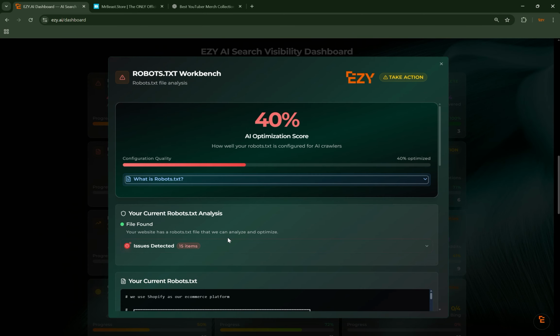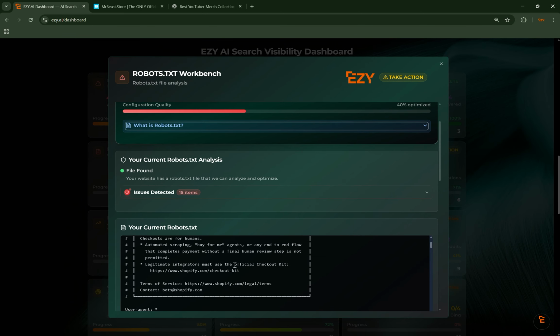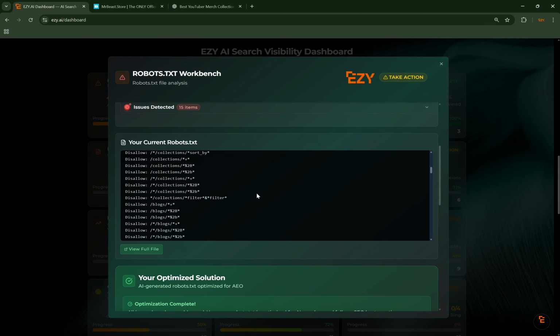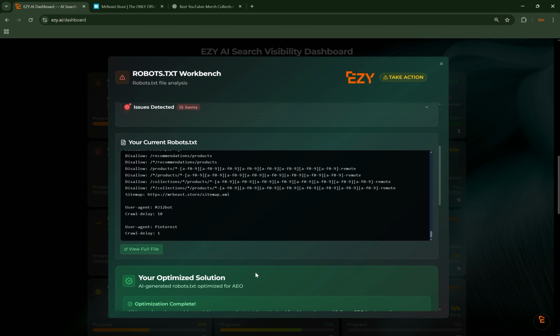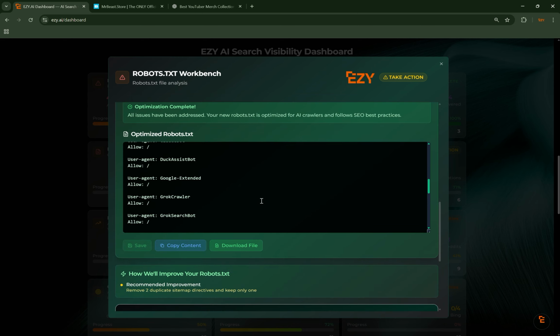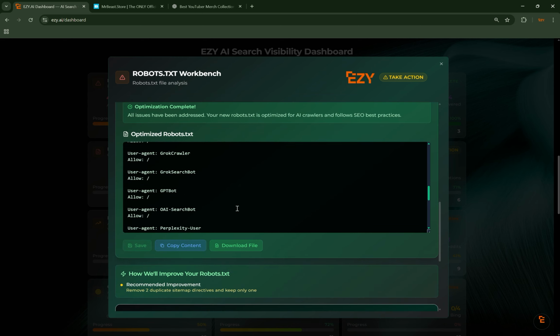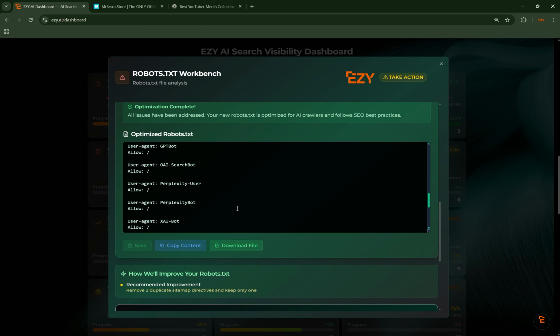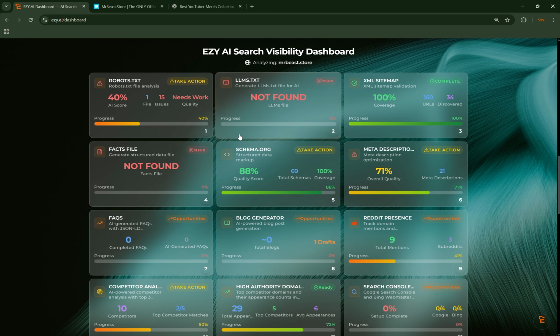His robots file, Easy gives it a score of 40%. Now, it looks quite neat and tidy if you scroll down, but if you see at the bottom, it's all disallows. He doesn't allow any AI agents. So Easy can actually create a robots file for you, and it will allow Google AI overviews, ChatGPT, Perplexity, and even AI agents like Amazon's Alexa. If somebody's asking their home Alexa machine for maybe some apparel, maybe Amazon would serve up Mr. Beast.